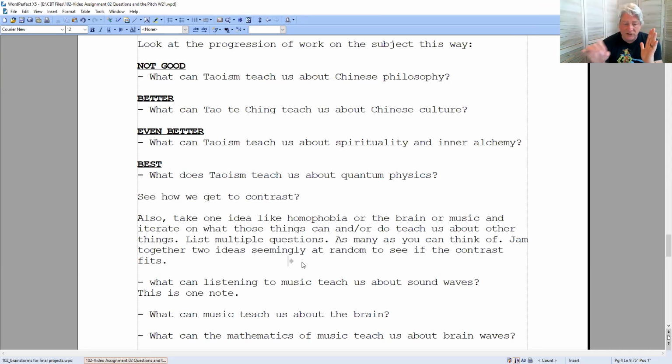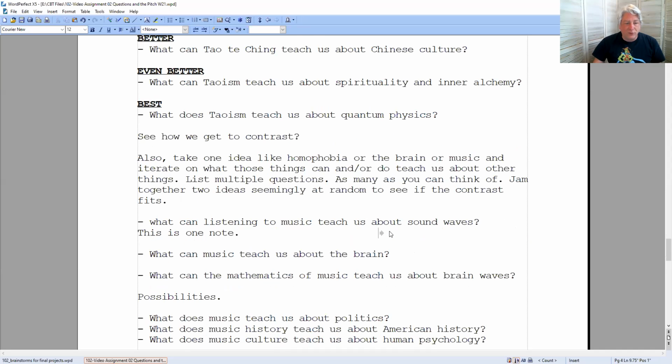The brain in psychology, the brain in medicine, the brain in food, the brain in the environment. I could play around, right? So for instance, what can listening to music teach us about sound waves is kind of one note. That's kind of one article.